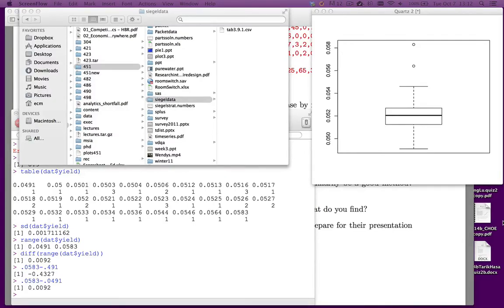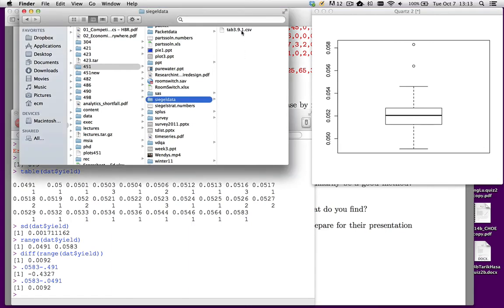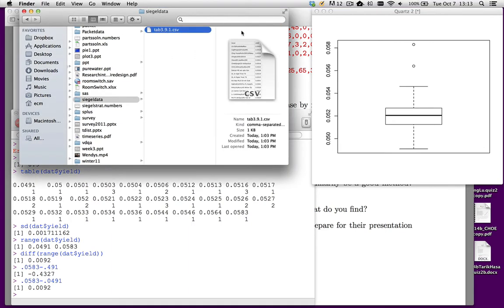So this video is going to show how to do some of the basic descriptive statistics exercises in R. In particular, I'm going to do problem 6 out of chapter 3 of Siegel, which then becomes problem 29 in chapter 4, and then problem 36 in chapter 5. So we'll do 3.6, 4.29, 5.36. All right. This problem uses data that I've now typed in, and it's available from Canvas in a